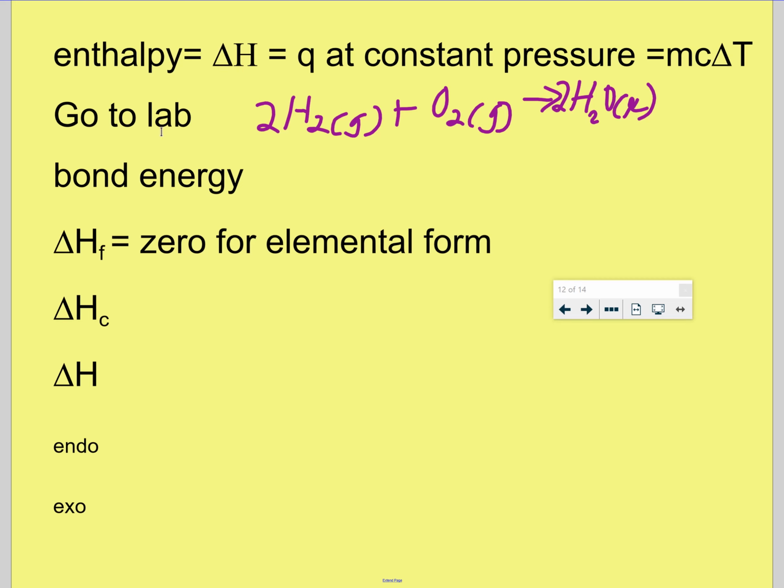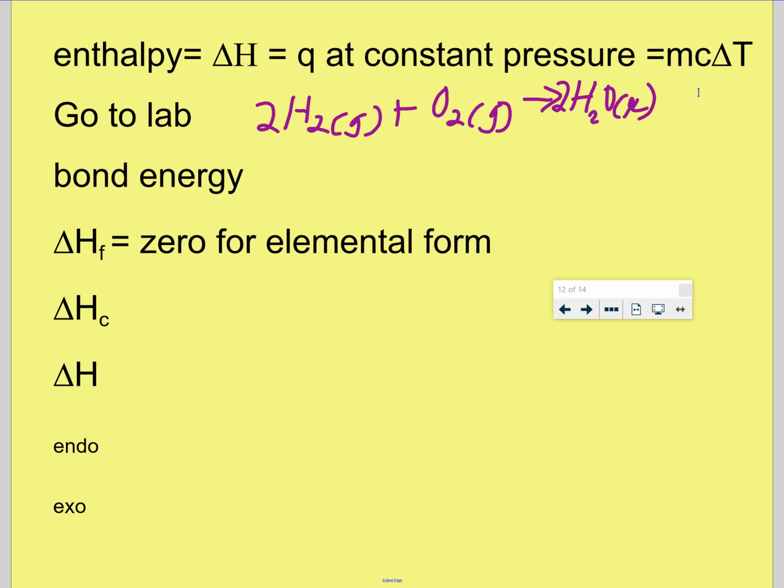So we can go and find heat using our lab. We did a lab like that. MC delta T, you measure things, you go and find it, and then you can figure out delta H's from that. So that's what you actually do in real life, but chemists, we tend to not be able to go to the lab because it takes a long time, and so we kind of work our way